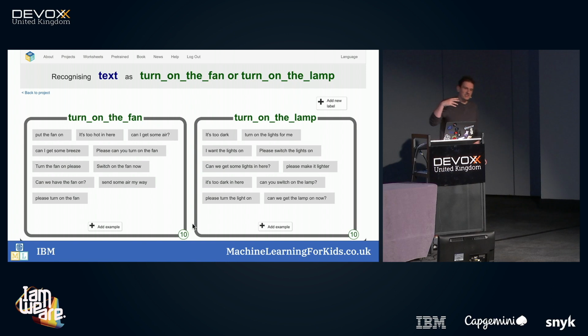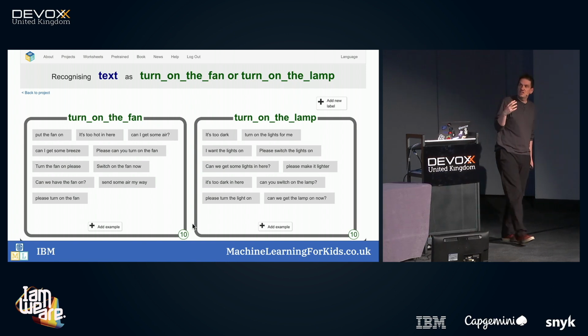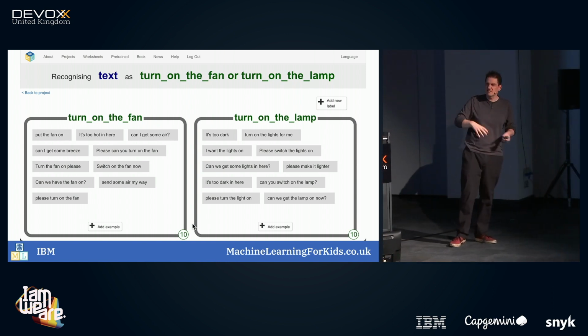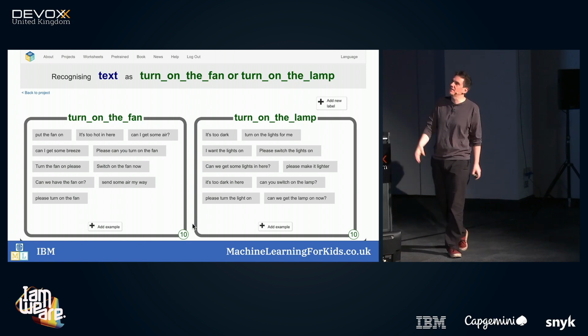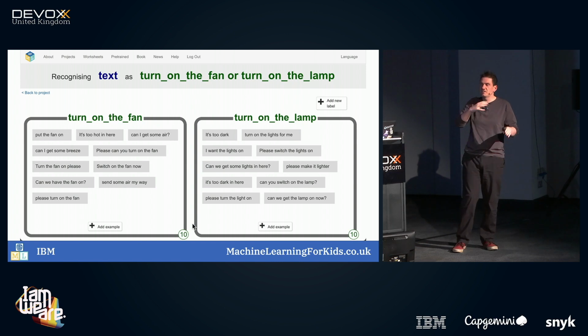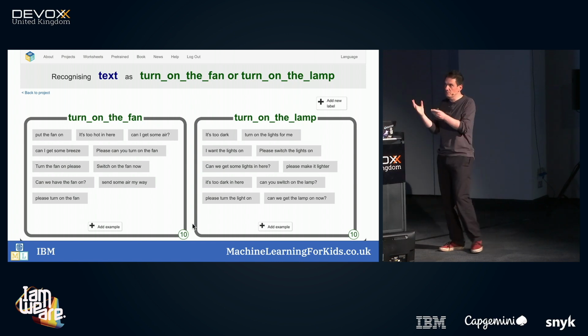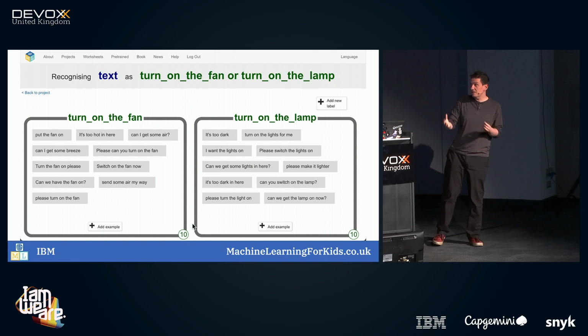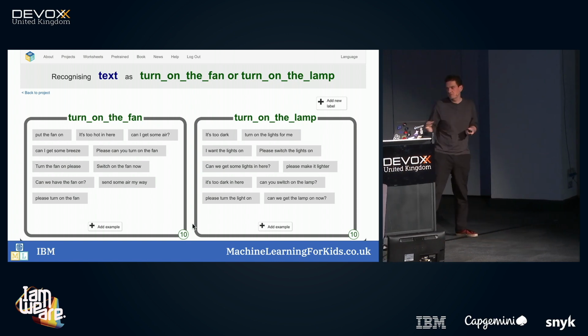Text is another good one. So, a simple text classifier, looking at home assistants, things like Alexa, Google Home, that kind of thing. They train the classifier to recognize the meaning, the intent behind some text. So a couple of commands: turn this on, turn that on. They can add more, they can pick different devices, it's up to them.